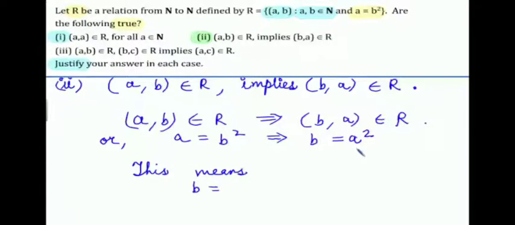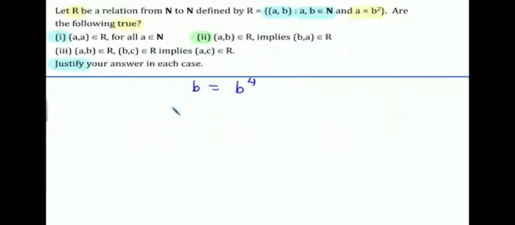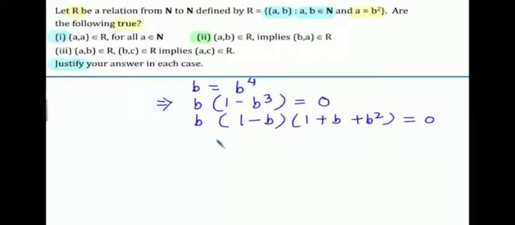So b = a² or a = b², that's why b = b⁴. So b⁴ - b = 0, and taking b common, in bracket 1 - b³ = 0. The a³ - b³ formula is (a - b)(a² + ab + b²) = 0. So here the value of b,